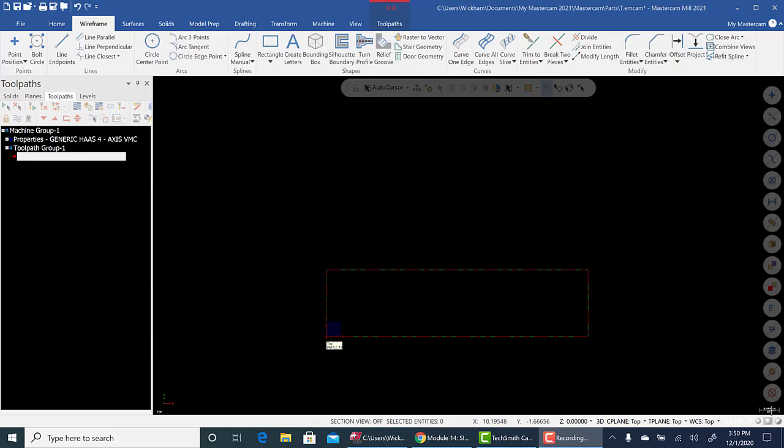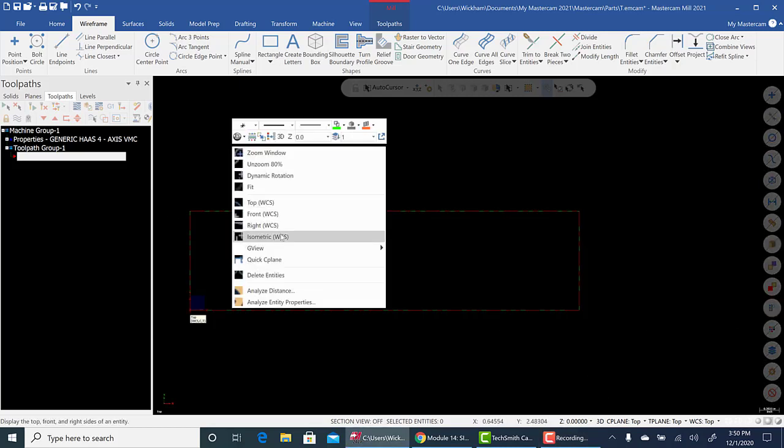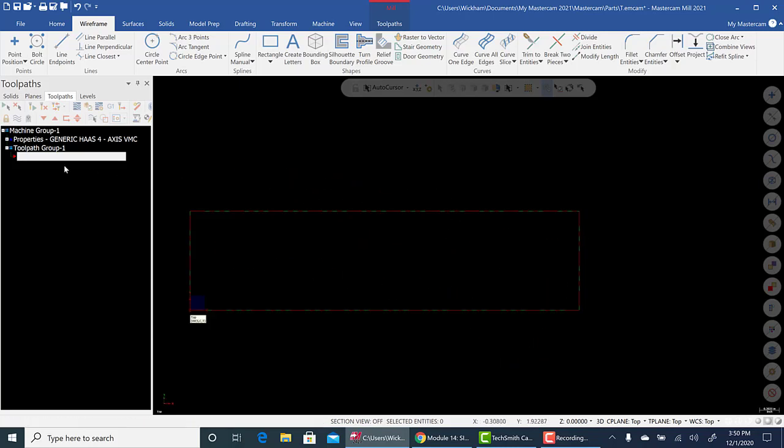Very simple. Okay, so I have just a stock setup here. It could be whatever, so don't worry about that. Just get some sort of box stock on the machine. Even your work coordinate system is not critical for this example. Nothing else is set. Okay, what we're going to do is create letters, which is in wireframe, and you'll see